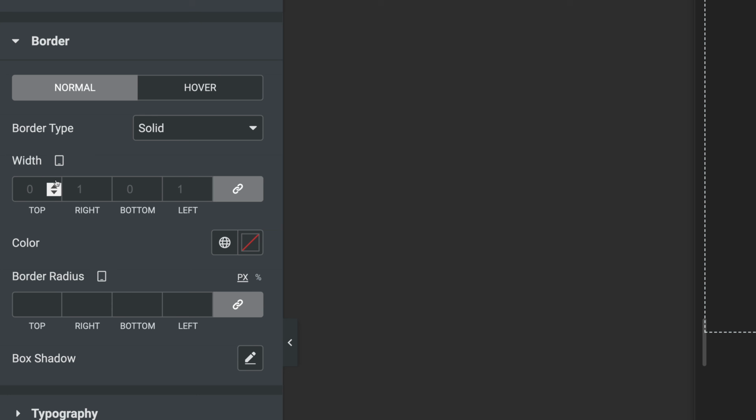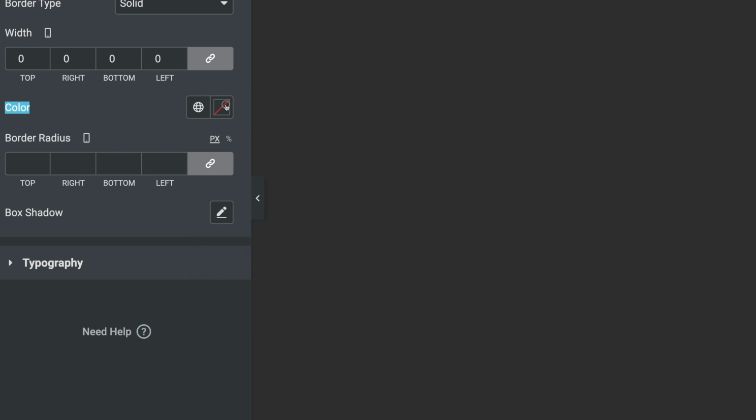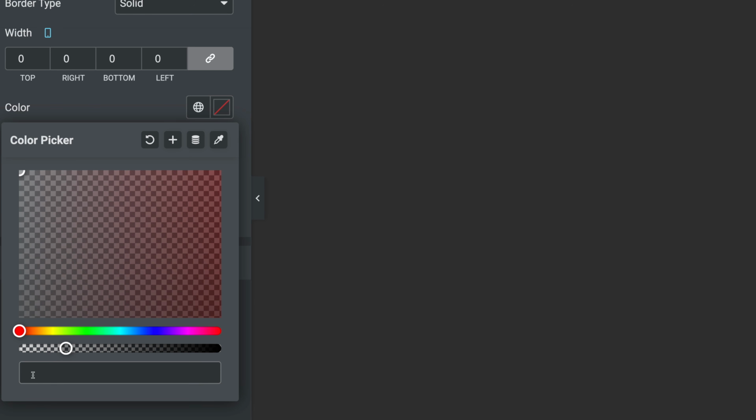Now let's select our responsive icon, and then we're going to unlink the values for the tablet. And this time it's going to be 0 on top, 1 on the right, 0 at the bottom, and 0 on the left. Now let's take care of the mobile version, and this time it's going to be 0 all around. Next, where it says color, you want to click on the icon on the right hand side, and then you want to set